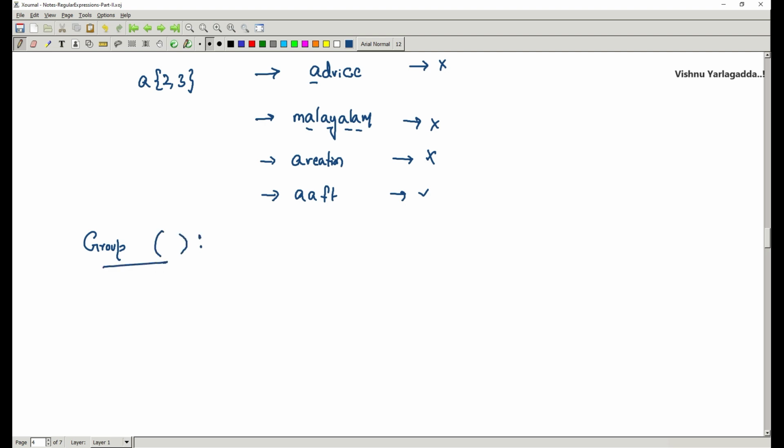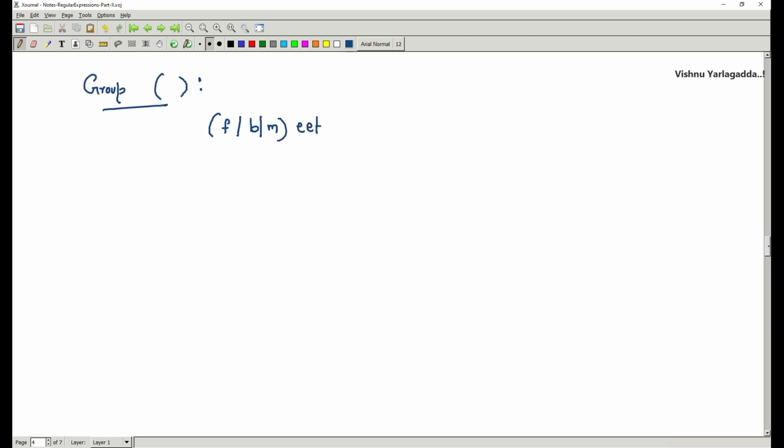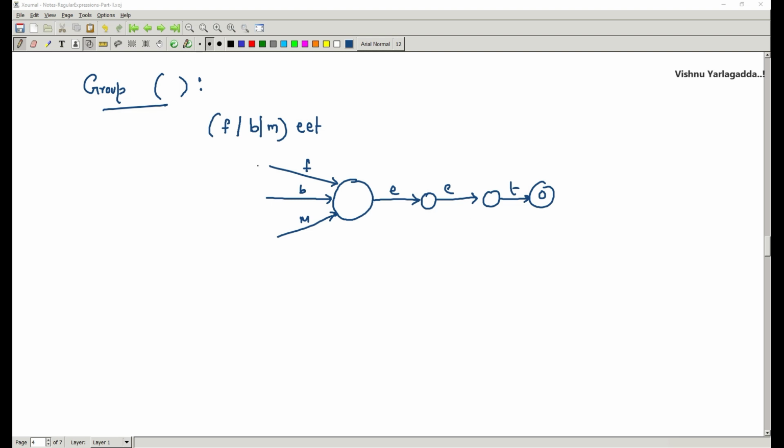So within parentheses, what can I specify? Suppose I am specifying F, B, M, and the next characters are E, E, T. That means the start symbol can be F, or it can be B, or it can be M. Then the next stage will be E, E, T. This is the final stage.